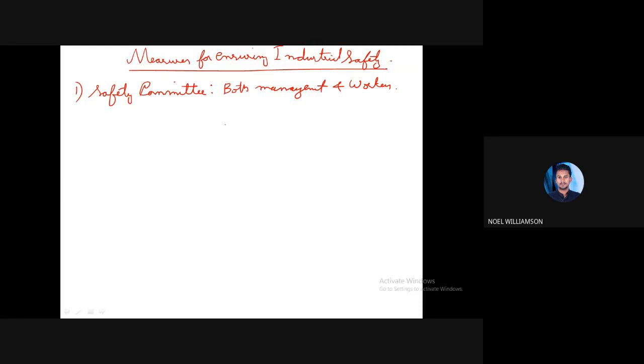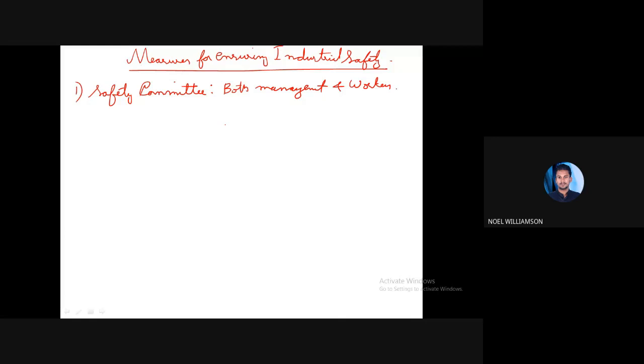Now, the safety education. This committee will provide various kinds of safety education regarding consciousness to everyone, even to the top management or to the bottom level operating employees, supervisors, executives. Everyone will be given the safety education.